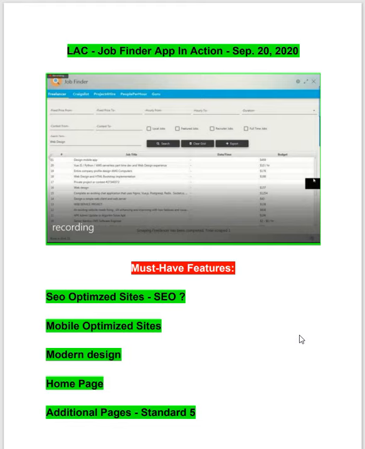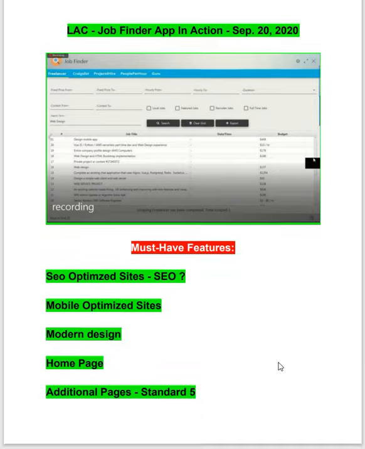And then it will also have additional pages. Standard is 5 pages. Additional pages means when you go to any website, there will be links like a portfolio link, a contact us link, and so many other links. So basically it will have about 5 pages. That is the standard. Okay, and also Google Map integration.